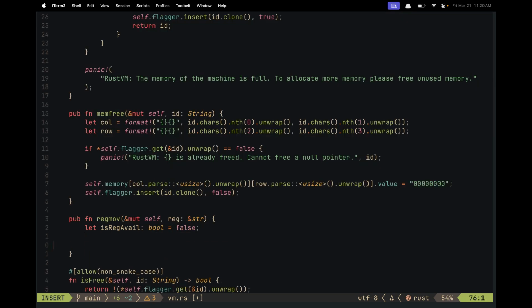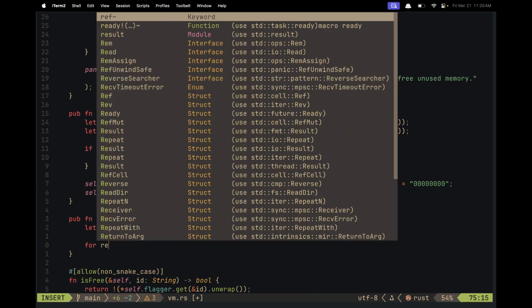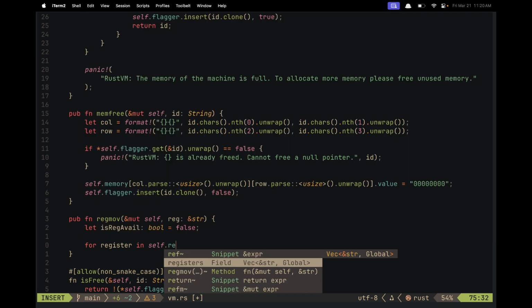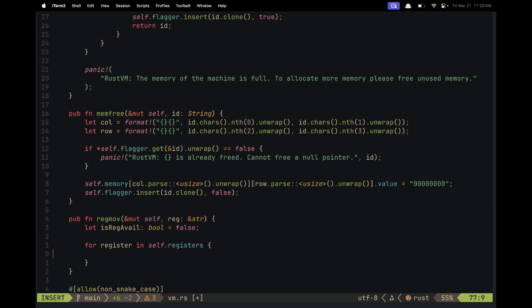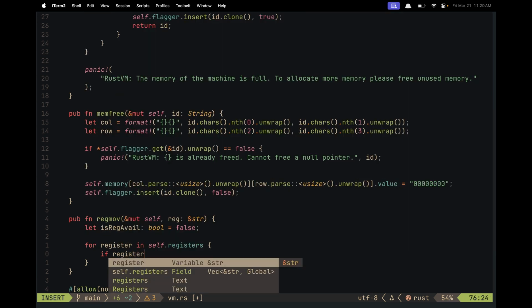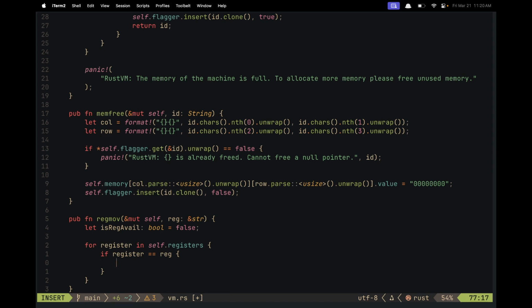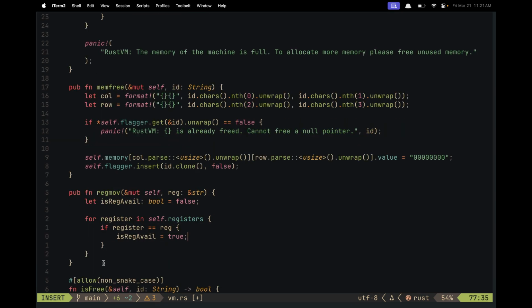Then we're going to loop into them, for register in self dot registers, if register is equal to reg, right? If it's equal to this, you're gonna set is reg avail to true. Yeah,